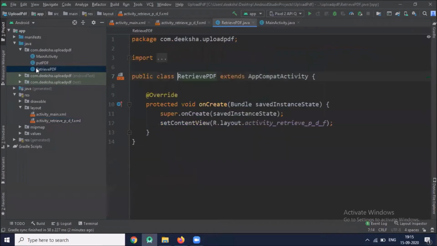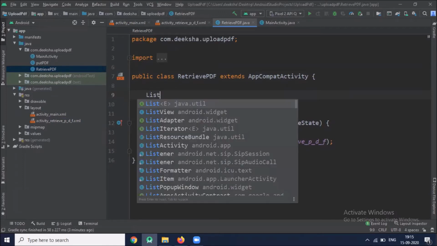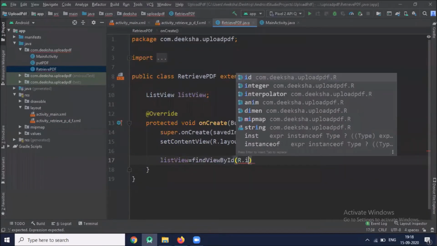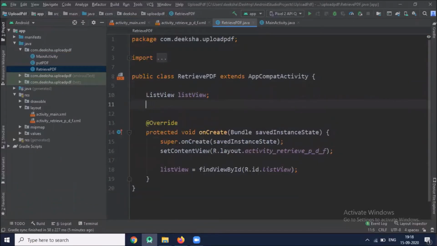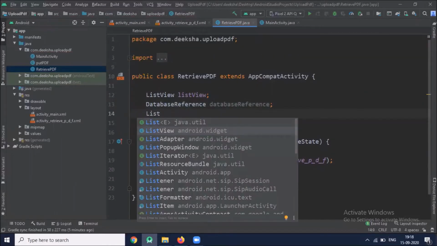Now open RetrievePDF. First we get the reference of the list view from the XML file by using findViewById. Now we declare a database reference and create one list.